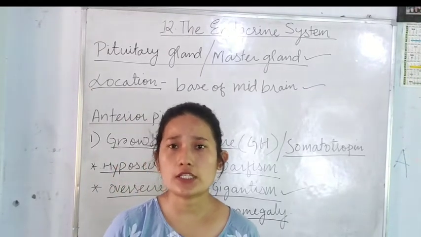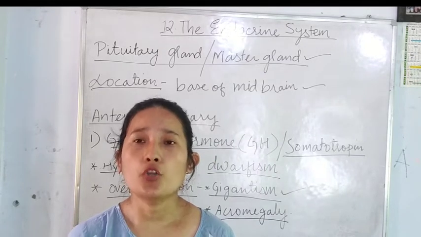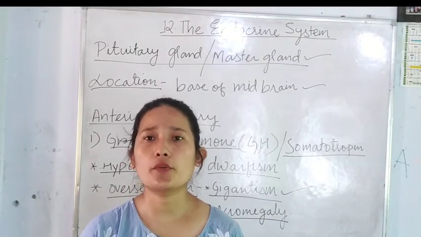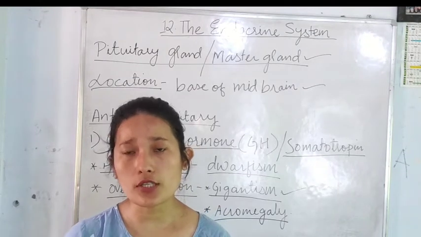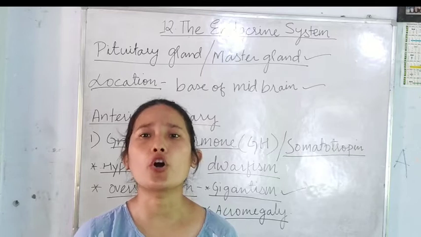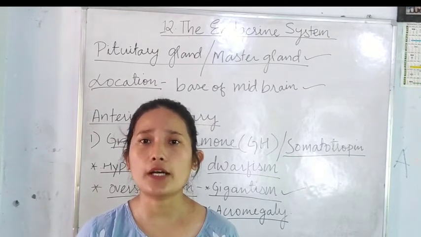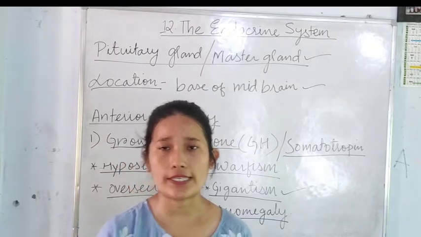Next we will be discussing the other hormones that are secreted by the anterior lobe. Collectively, those hormones are known as tropic hormones. And why this? What is the role of these tropic hormones? Because these hormones regulate the functioning of the hormones secreted by other endocrine glands, which we will be seeing next.